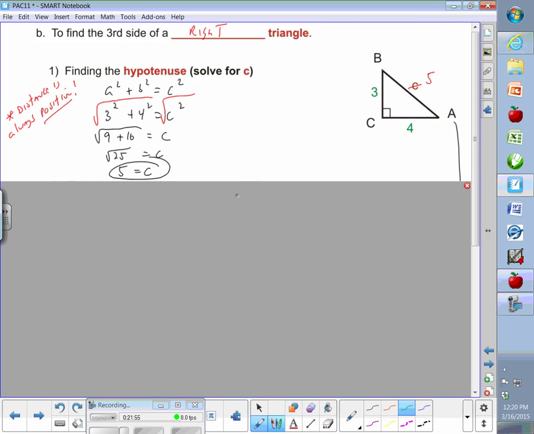But usually carpenters like it better with bigger numbers because you can be more accurate. So they'll maybe double everything, 6, 8, 10. That's the same triangle. It's also a right triangle. It's double the size of a 3, 4, 5. Or they might use 9, 12, 15, 3 times the amount. What they really use a lot is 5 times the amount: 15, 20, and 25. The bigger your measure, the more accurate that last piece is going to be,